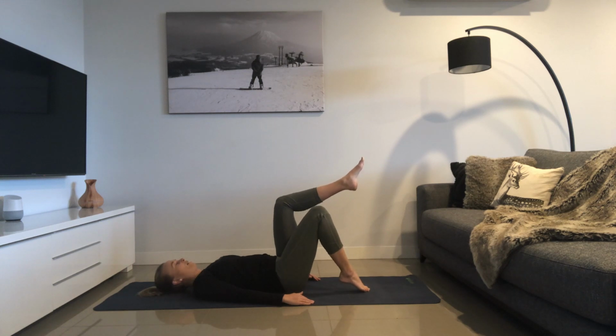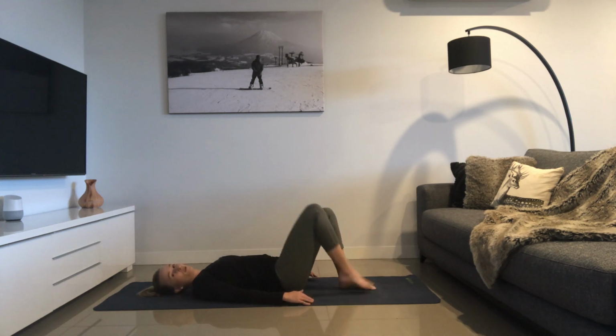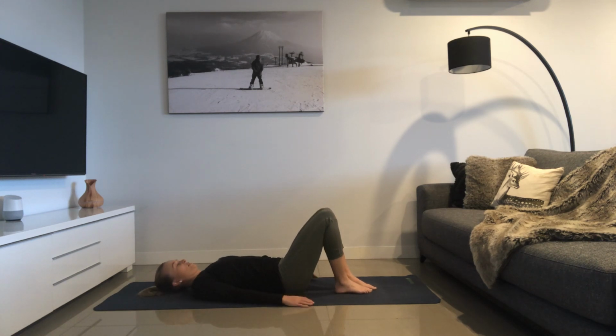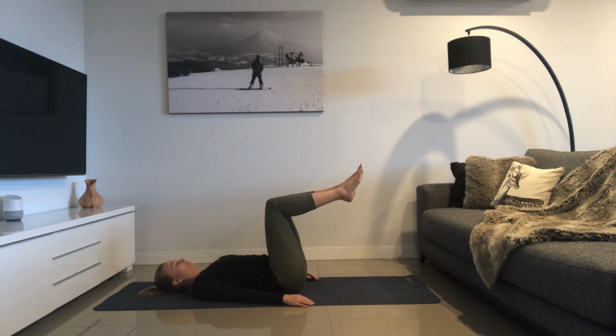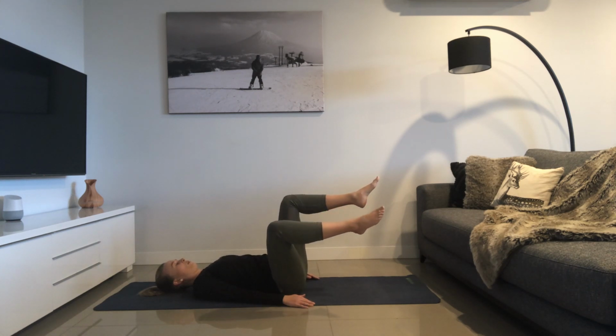Now, I'm sure you're completely finished with that first exercise, so let's move on into our next progression. So what we're going to do next is float our legs up into that tabletop position again, and we're going to do what's called hip twist. So what you're going to need to do is let one leg slightly float out to the side and then return to center. We can continue on the same side